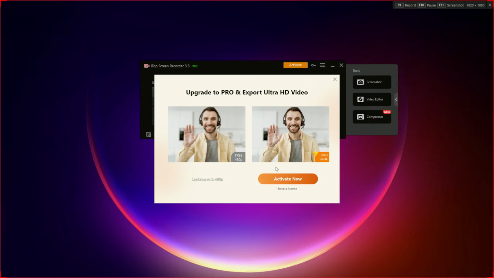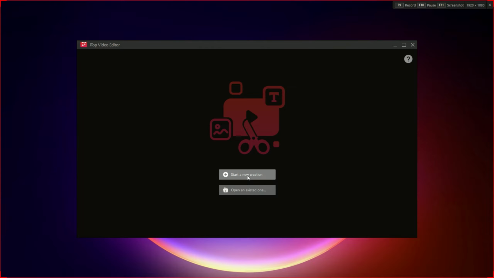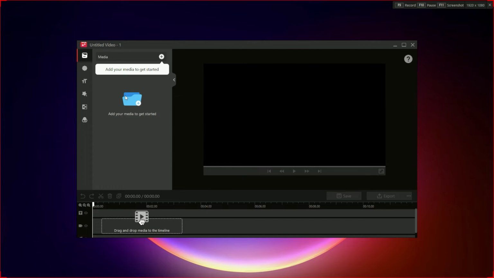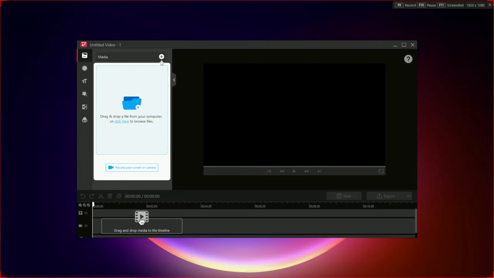Now in terms of the advanced editor, if we go ahead and click that, it's only going to allow you to edit 480p footage with the free version, which I mean is fine if you're doing a quick tutorial as long as it's somewhat clear. So we can just go ahead and click start new creation. We can drag and drop media on the timeline. So what we need to do is go up here to the plus icon, click here to